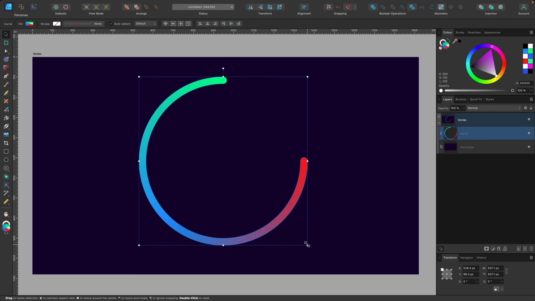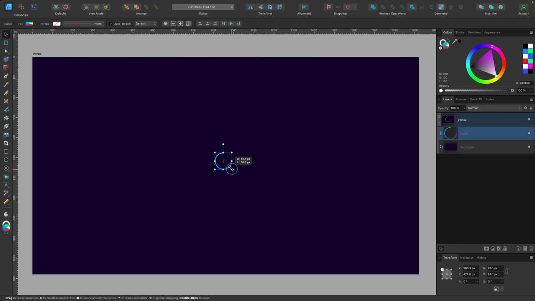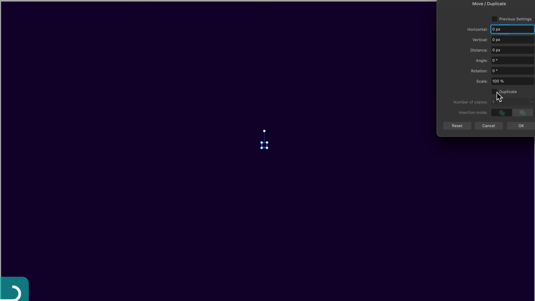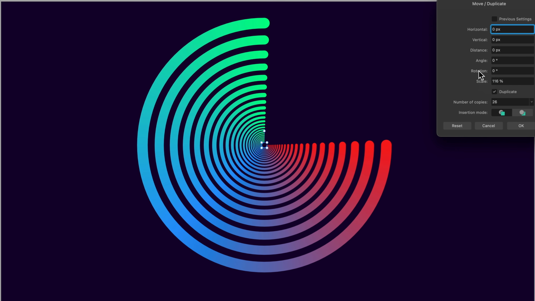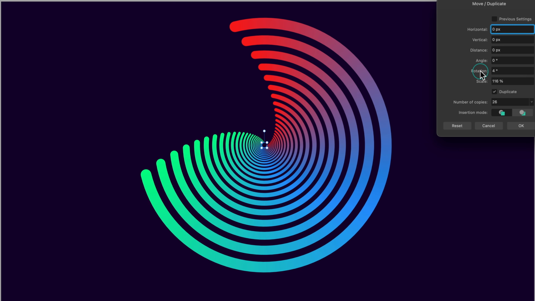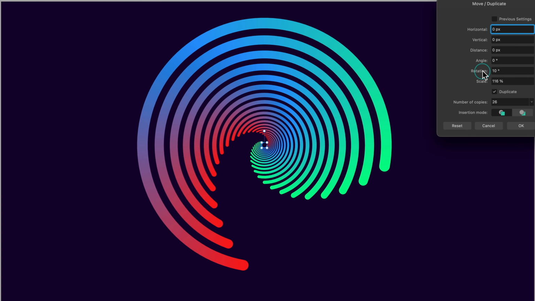What I'm going to do is scale it down, holding Shift and Command to keep it in proportion. Scale it down really small, let go. Now I'll press Enter, and we have our move / duplicate, and I'll just go through the same things I was doing before. Click on duplicate, increase the number of copies, and then click on scale, and we will scale it up. I can click on rotate now, and we're getting kind of a wave pattern there, aren't we?